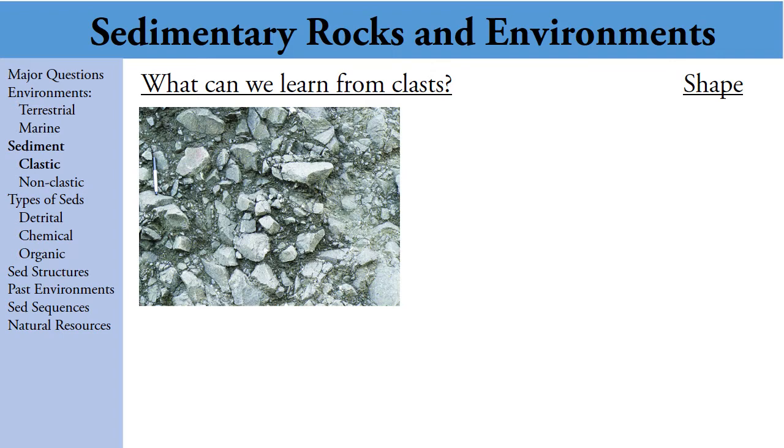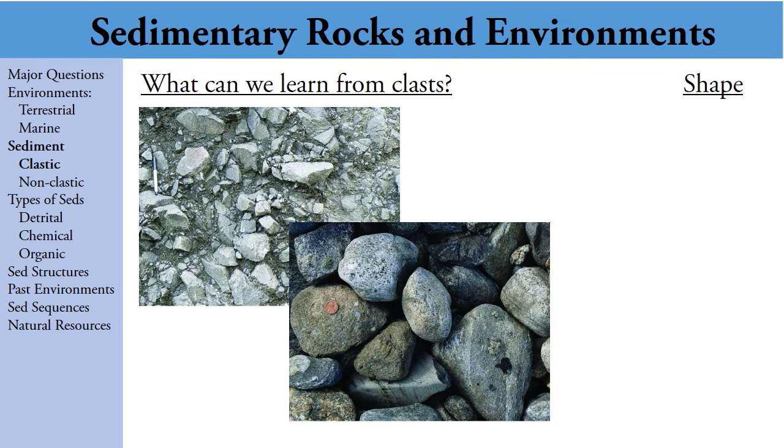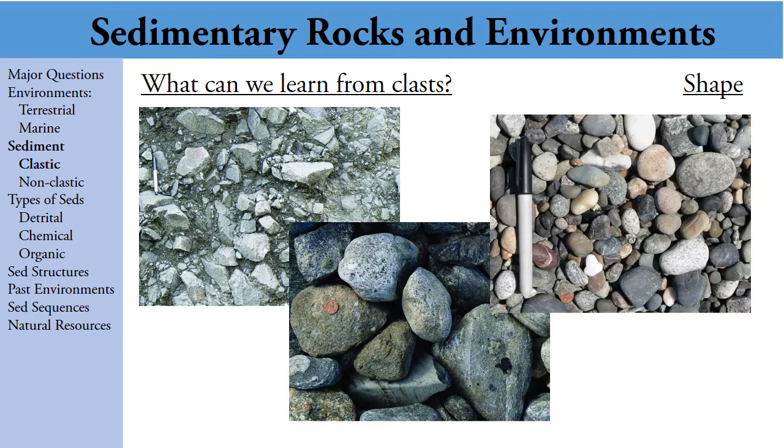Angular clasts are ones that have sharp edges. Kind of makes sense, right? A lot of them will have a mixture of angular and a little bit rounded. We consider these to be in the process of rounding. And then you can have these fully rounded clasts, and they have really smooth curved surfaces. We typically can conclude some things about how they were formed, and maybe even how far away from their source they are. As the material moves farther and farther from the source area, as the sediment gets transported,